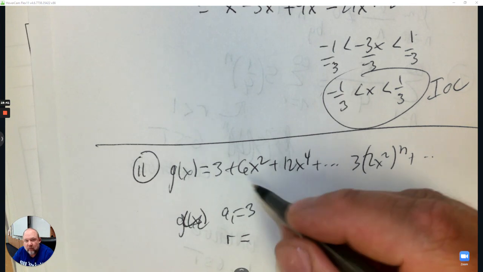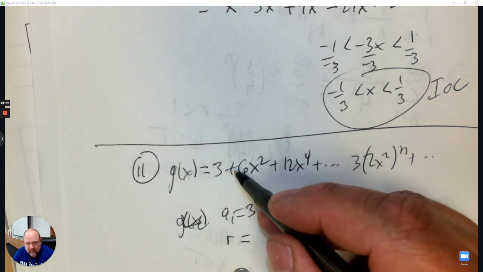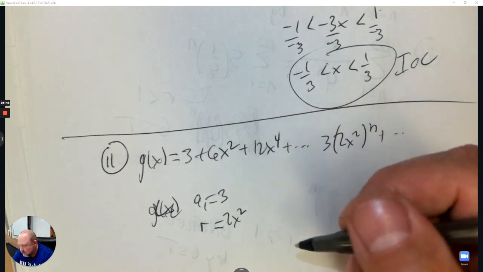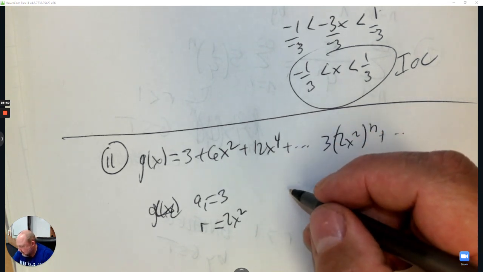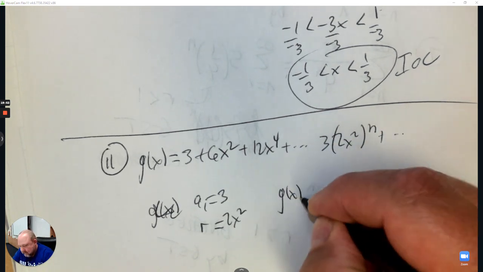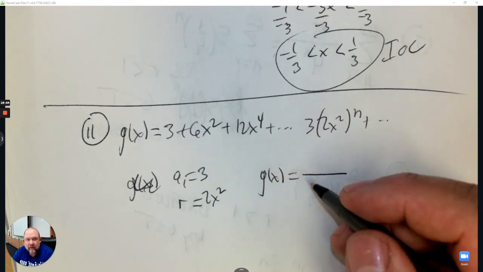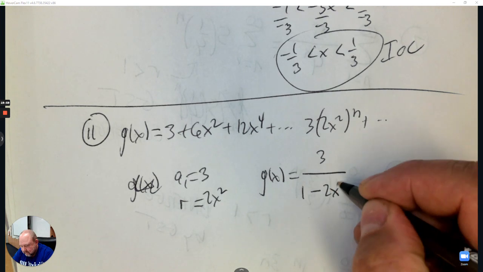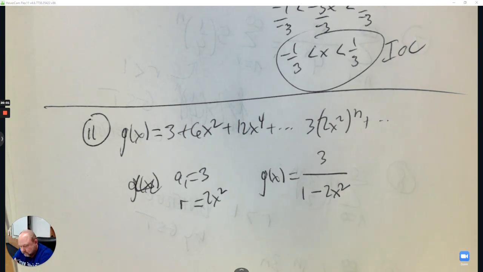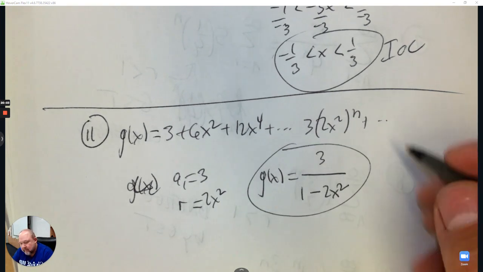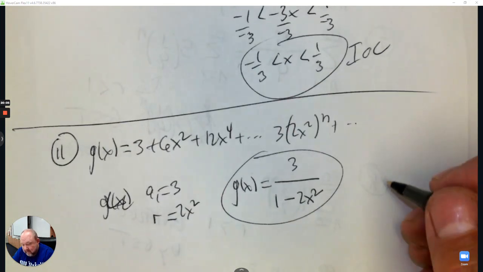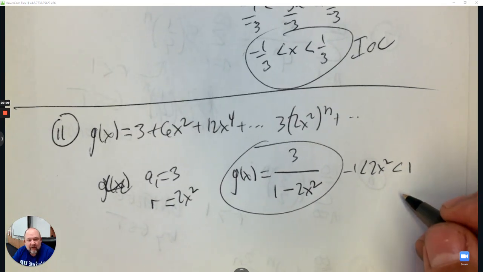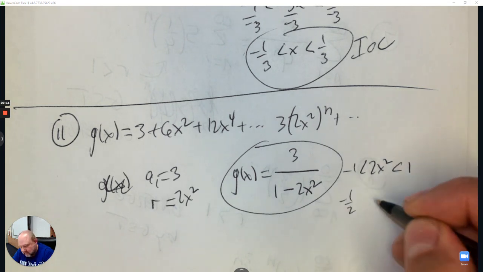Your common ratio, what you're multiplying each time, is 2x squared. So the formula is a1 over 1 minus r. And that, of course, is the interval of convergence, that common ratio, divide by 2,